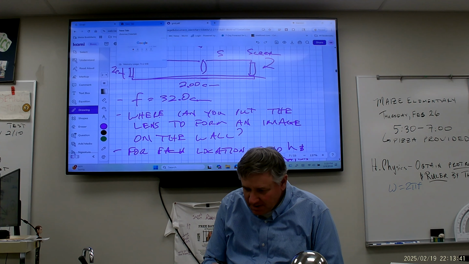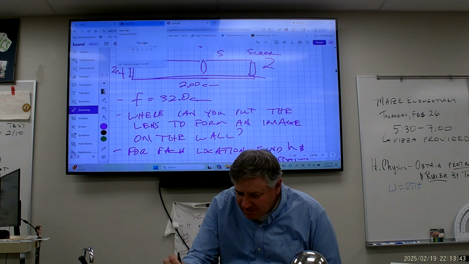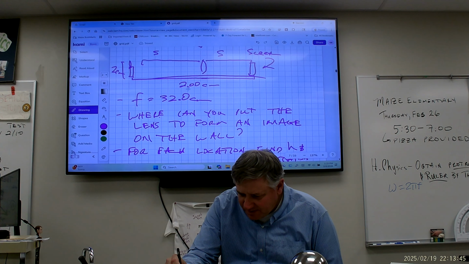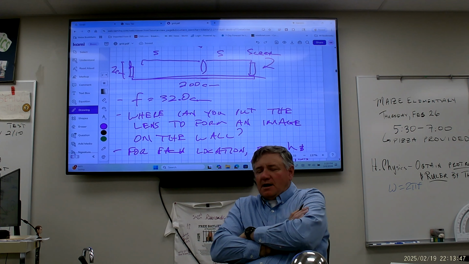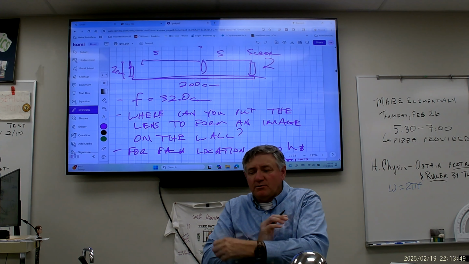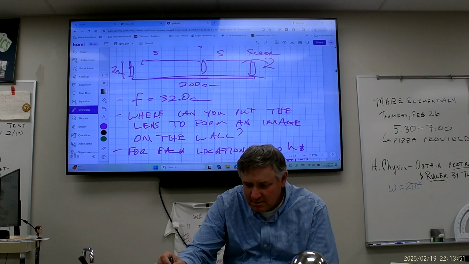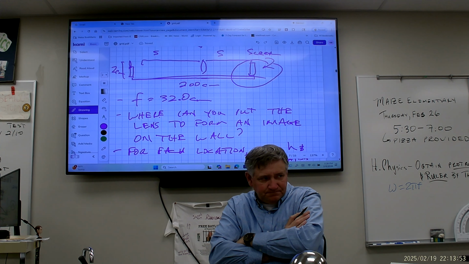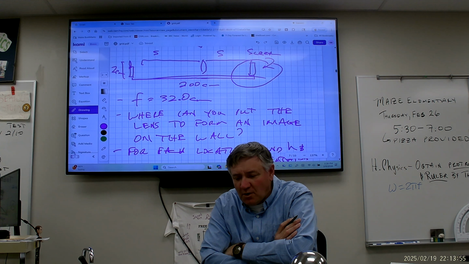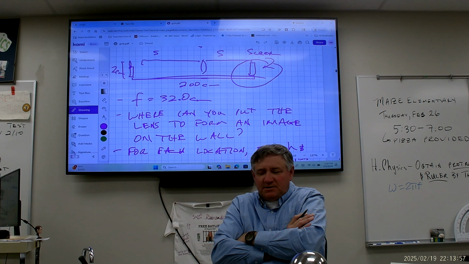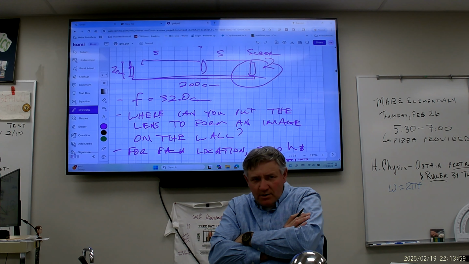So, 200 centimeters away, 2 meters, however you want to think about it. And there's a lens, and you want to form an image over here on the wall. The focal length of the lens is 32 centimeters. So right away,